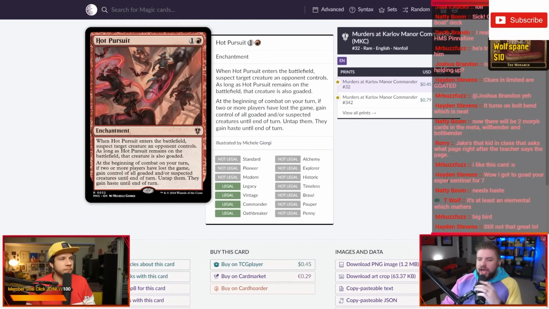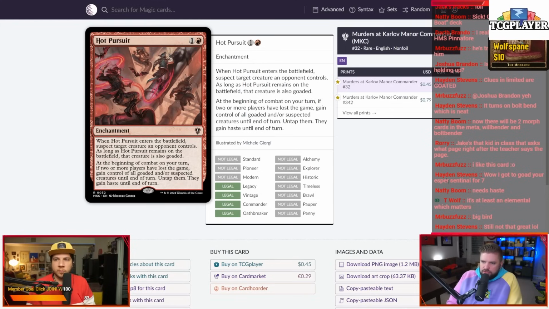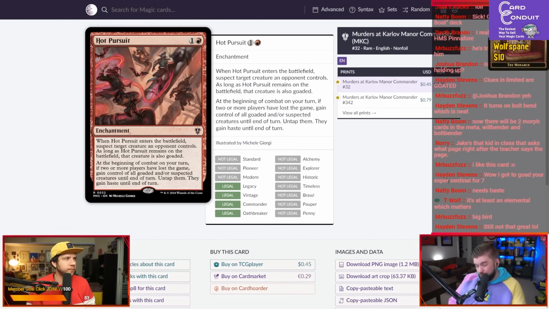Havoc Eater. Hot Pursuit we've looked at. This is a good card for your goad deck so that you've got things to do at the end. A red and another enchantment. ETBs suspect a creature an opponent controls. That makes it menace and it can't block. And as long as Hot Pursuit remains on the battlefield, that creature's also goaded, which means it has to attack